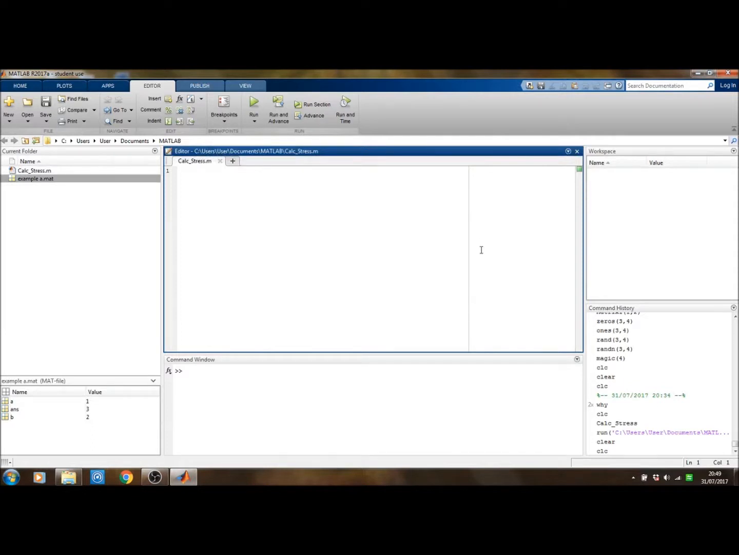So let's start with summarizing the display function. If we were to type in the following, so disp, and then stress in apostrophes, stress. And then if we are to run that,